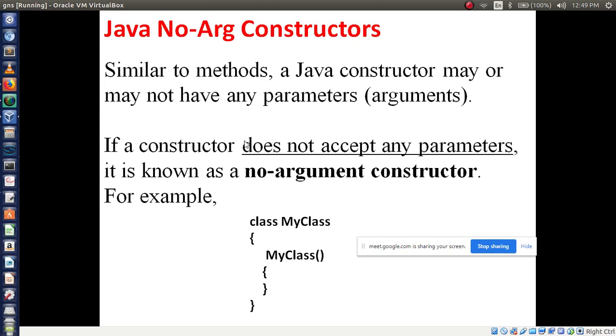Similar to methods, as we have seen in previous slides, a Java constructor may or may not have any parameters, or you can call them arguments. If a constructor doesn't accept any parameters, it is known as a no argument constructor.